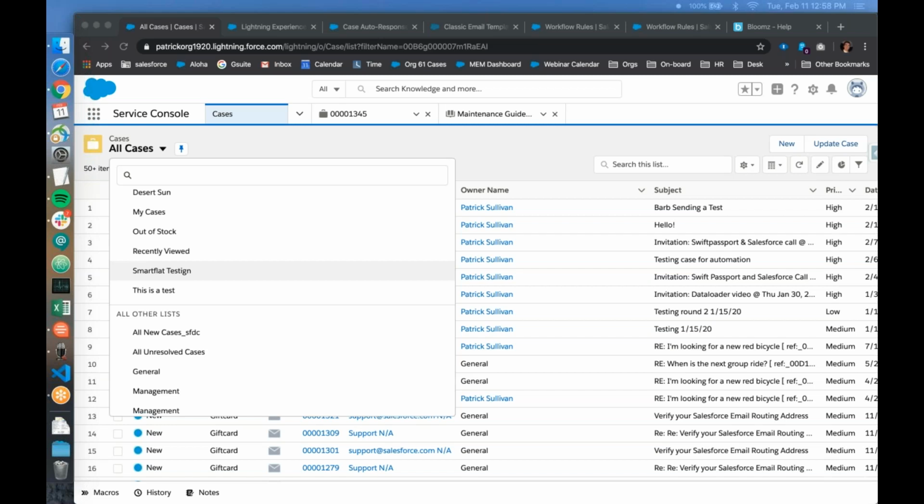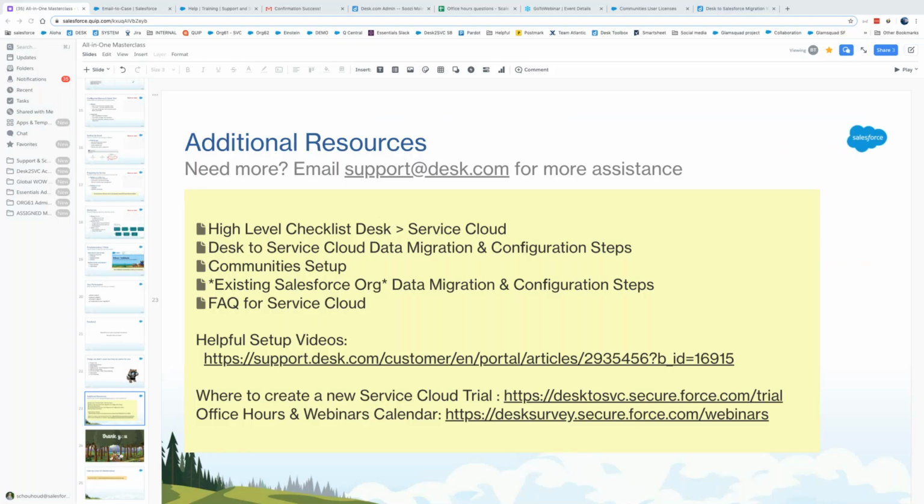But just to reiterate what's been said before, the Trailheads are excellent. And the cool thing about Trailhead as well is you can create your own Trailhead playground, so you can test any of the things that you're learning without affecting your real Salesforce instance. So that's something to play around with as well. I think there was one question that I don't know if we answered, but maybe Suzanne,